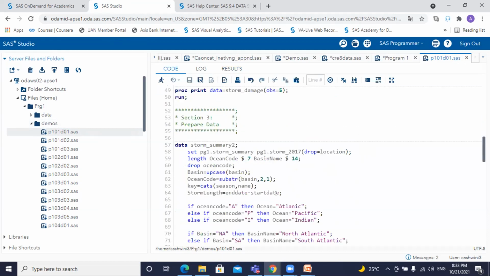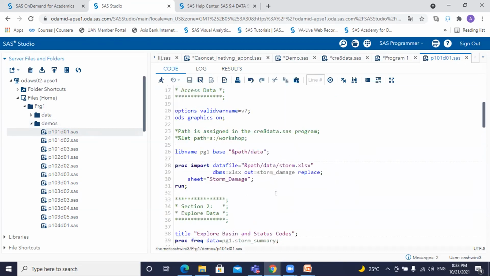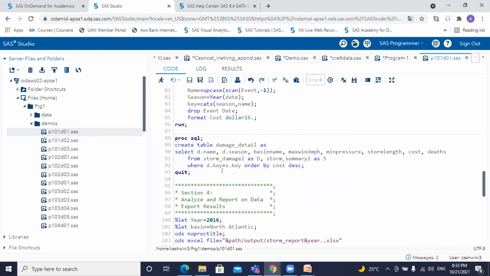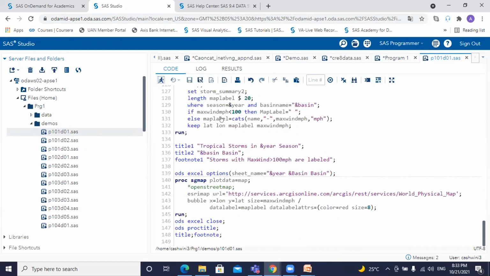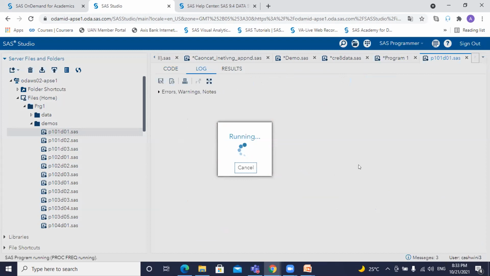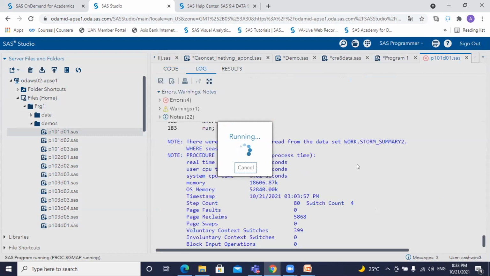All right. So what is this program telling? There are certain steps where it is creating a library, and some proc import. So I'm going to simply run this. So it's ready to use for us. We are not writing anything here. So when I execute this demonstration,